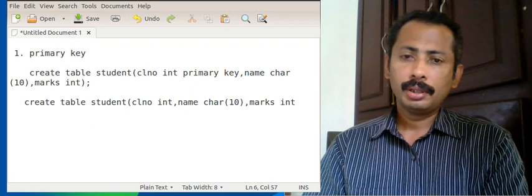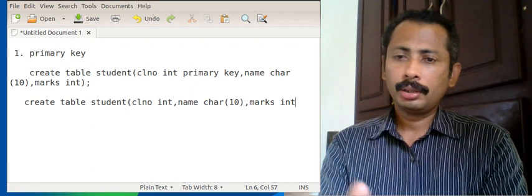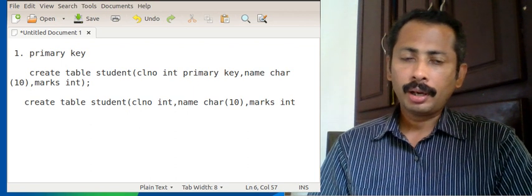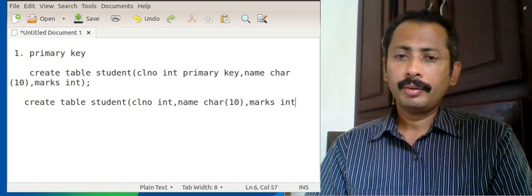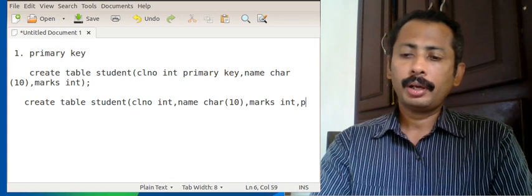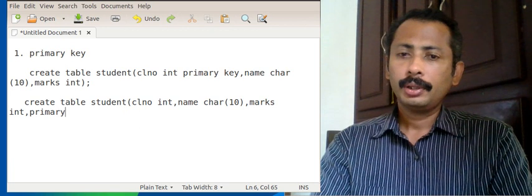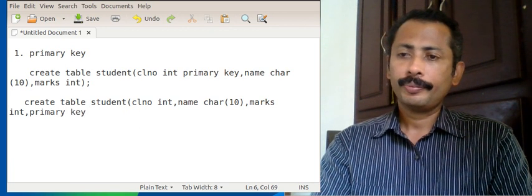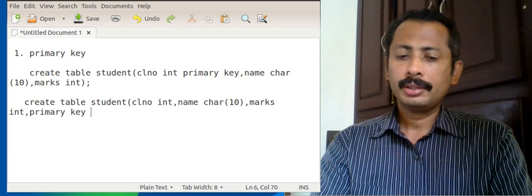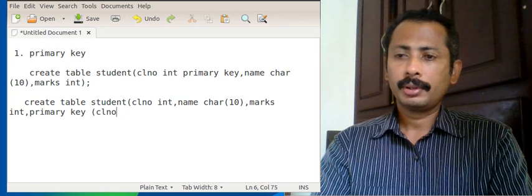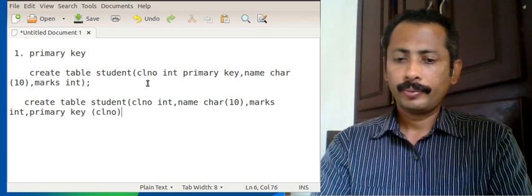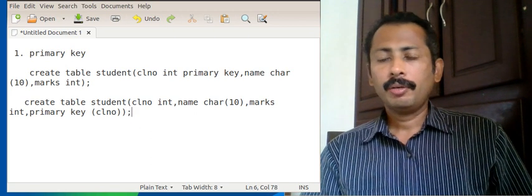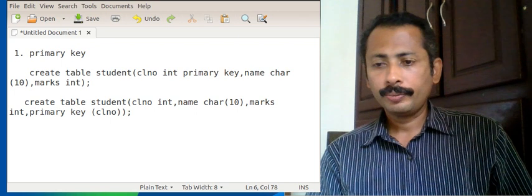So this is a normal type of table creation without any keys, and after that we can give a comma and give primary key as class number. Okay, we will try to execute this also.